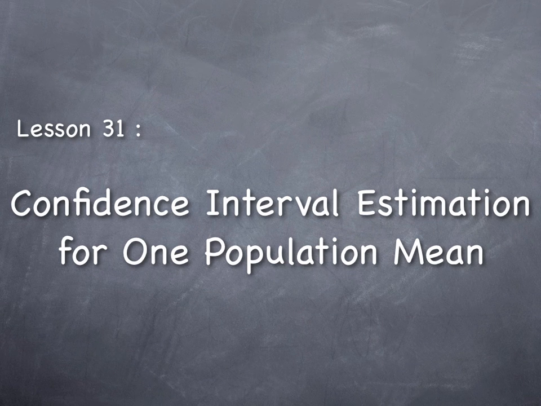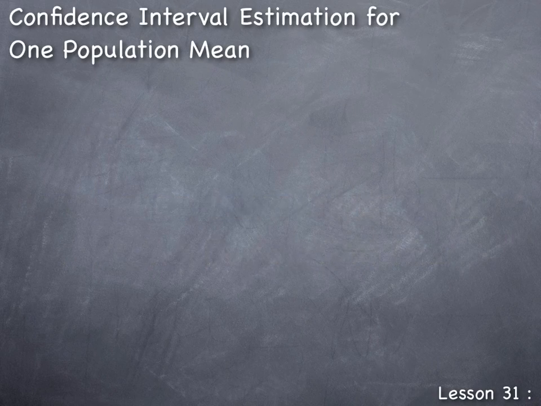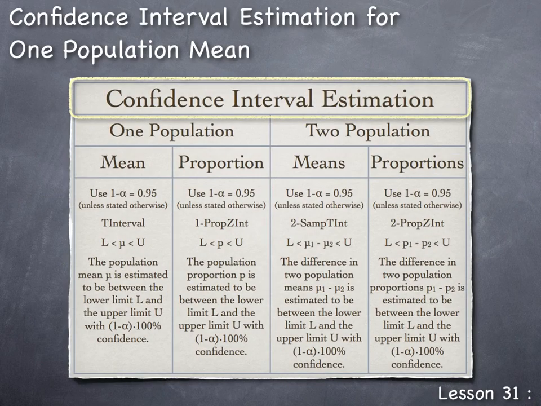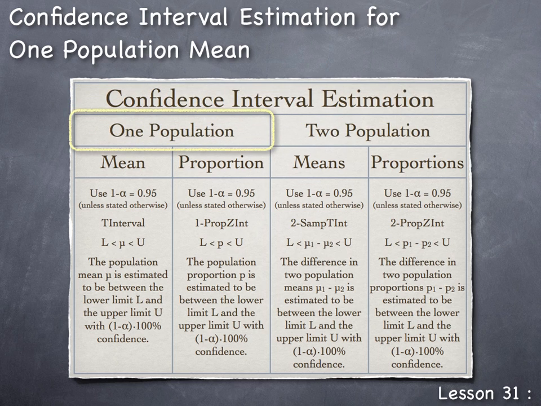Lesson 31, Confidence Interval Estimation for one population mean. If we don't know the value of a particular population parameter, but we want to know the value, we can use confidence interval estimation to estimate it. Now, if the population parameter we're interested in comes from just one population,